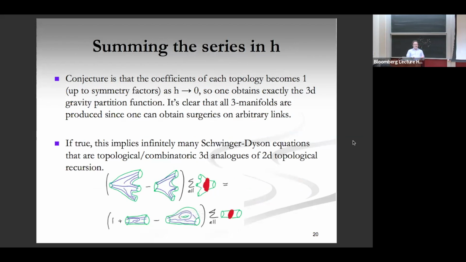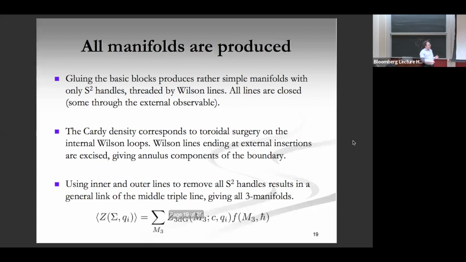Well, that seems like a very, very hard thing to check because there's an infinite number of diagrams that contribute to each three-manifold. Let's be clear here: since the operation of the surgeries can delete the holes, I can put chunks together and then simplify them down. So many diagrams get mapped to the same manifold, an infinite number of diagrams for each manifold. That's why this is a complicated function, and it has to do with the combinatorics of these chord-triple-line diagrams.